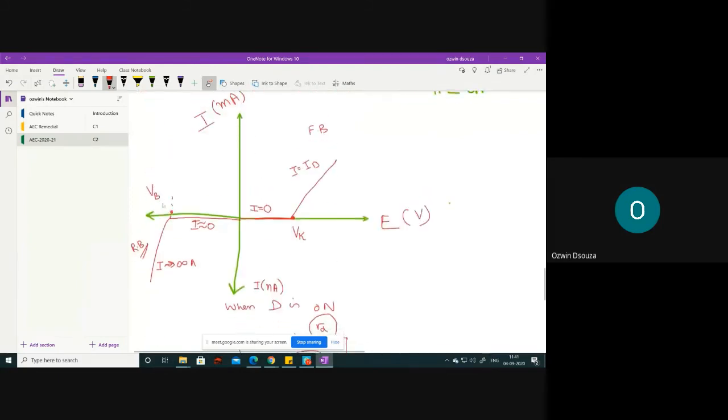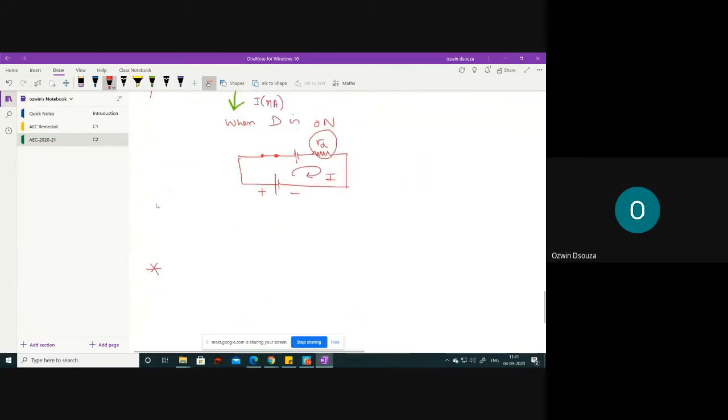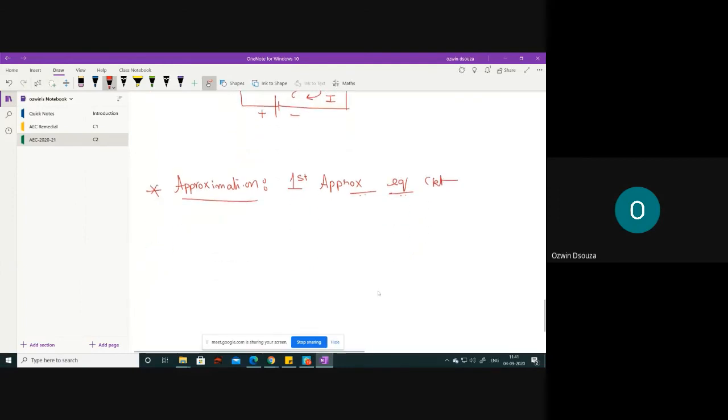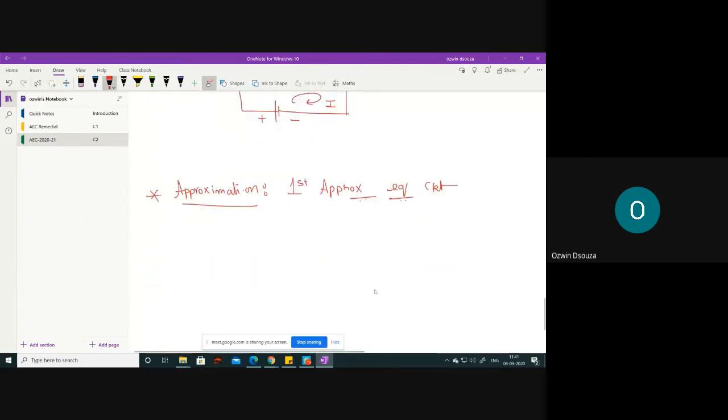So this is the practical diode characteristics. Now, sometimes we go for approximation. This approximation gives you something known as the first approximation equivalent circuit. So in the first approximation, what we do is,